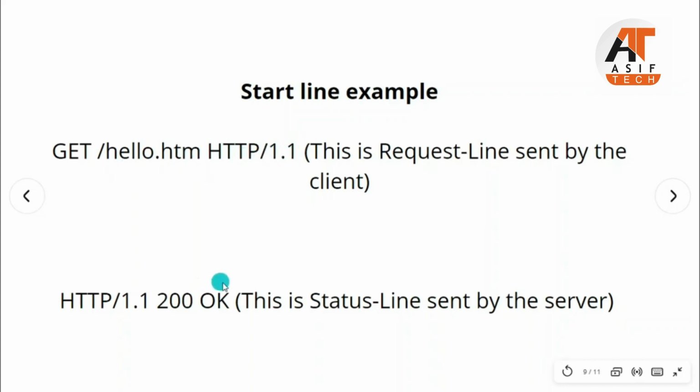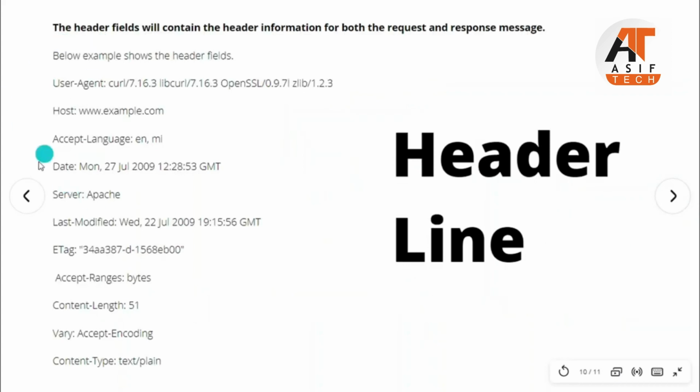For example, as soon as it retrieves the file, the server which has the file is going to send you back a status line, which is going to be HTTP 1.1, you see, and then 200 means yes, okay. It means yes, it's done. You can see over here, this is the status code as well, 200. It means it's being done. And so now moving on, this is how a header line will appear.